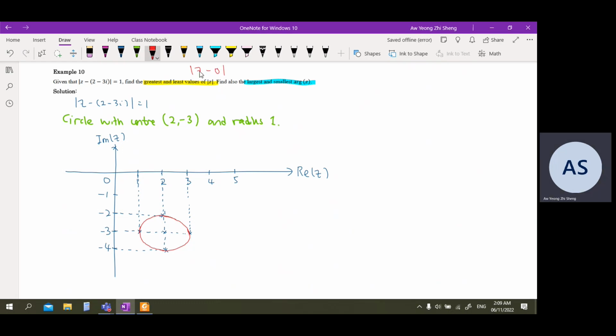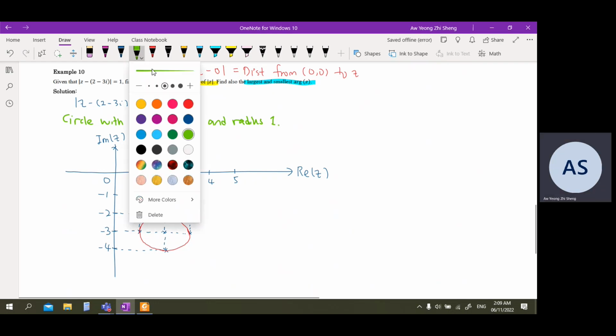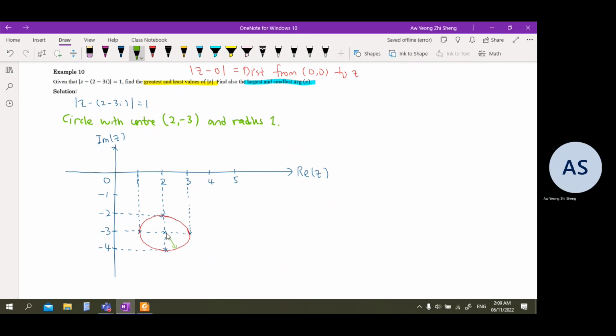So it is the distance from origin to Z. So this is distance from 0, 0 to Z. Oh, and by the way, to make my diagram more complete, I just label 1 here. Yeah, then that should be good enough. And this red circle is my locus of Z. Right. So distance from 0, 0 to Z,